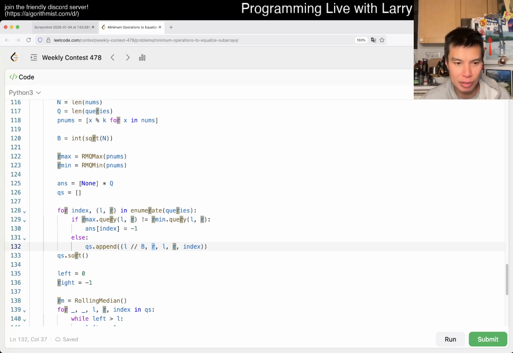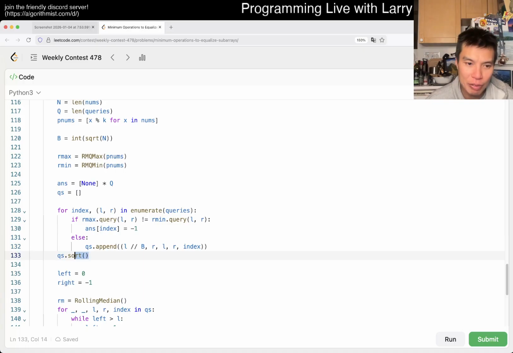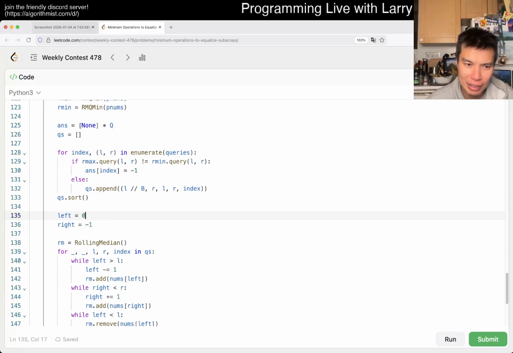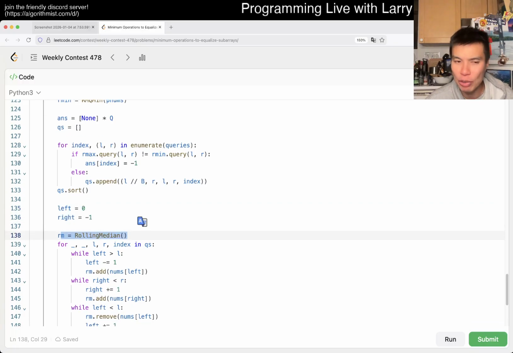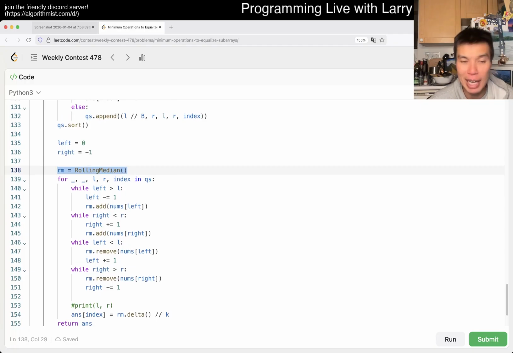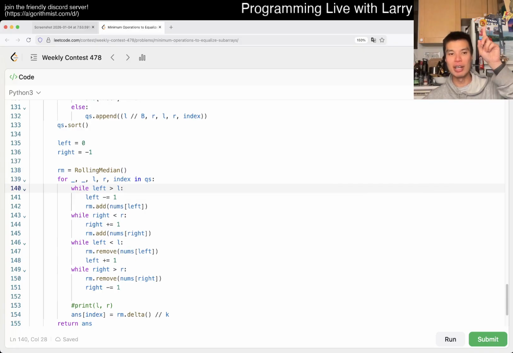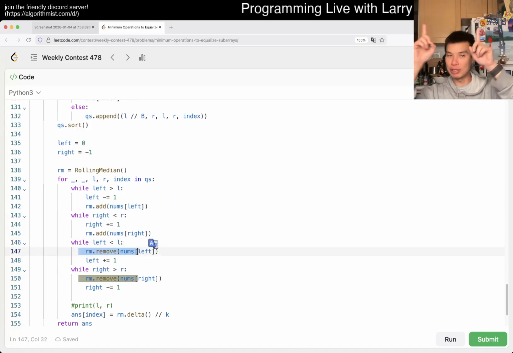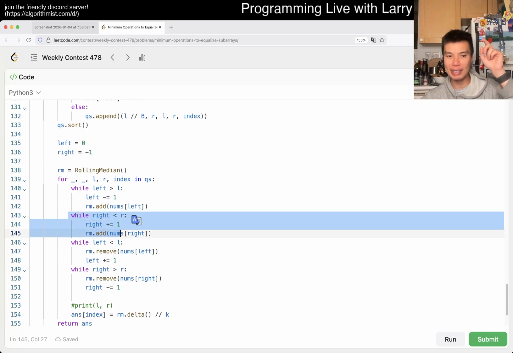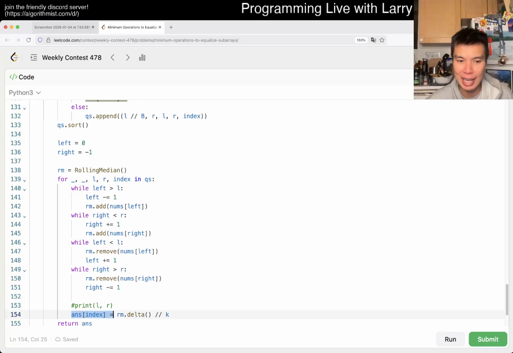Maybe we'll play around with this, or we'll do it afterwards, to do the looping back thing, right? Okay, so now we do that, we sort. This is just a starting thing, and we keep track of the rolling median. I'll go over this code later, but this is basically what we said. So now we keep track of the left endpoint. We go either left or right, depending on if it's left of the query L or right of the query L. We add it and move it to the window, the range that we care about. Same thing for the right side, and then at the end we just get, again, one median